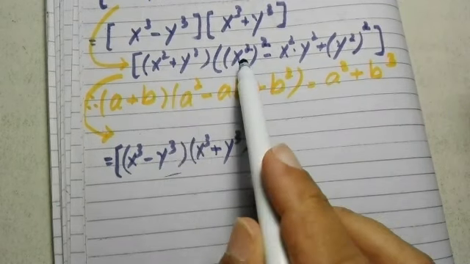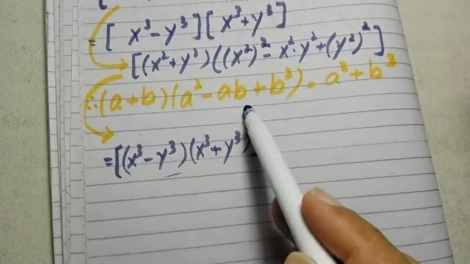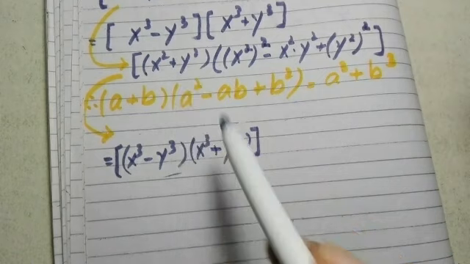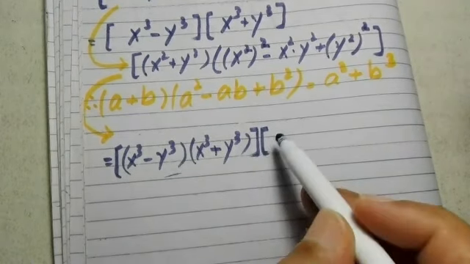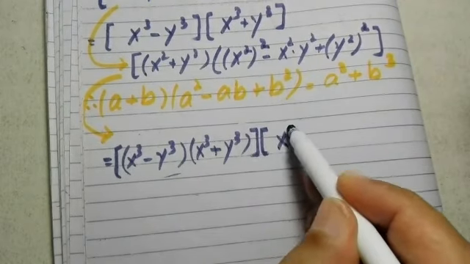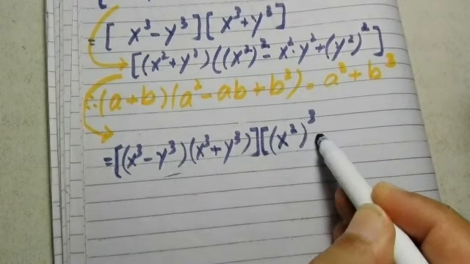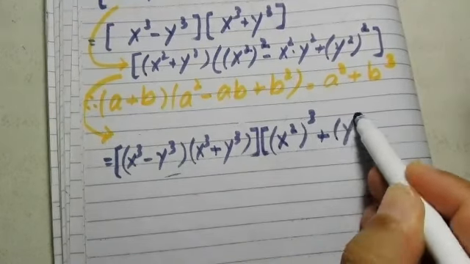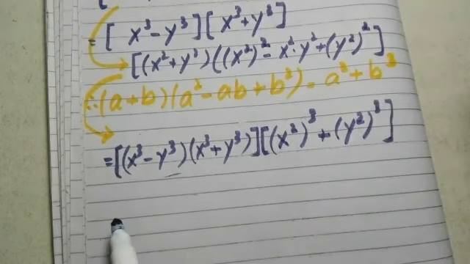And this third one was required to be arranged according to the formula, and I have just written the left hand side of the formula, which is very much parallel to this one. You can directly write the last two terms, because of the formula, as cube of the first term plus cube of the second term. So it will become: